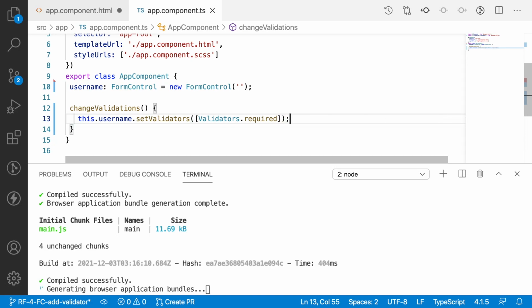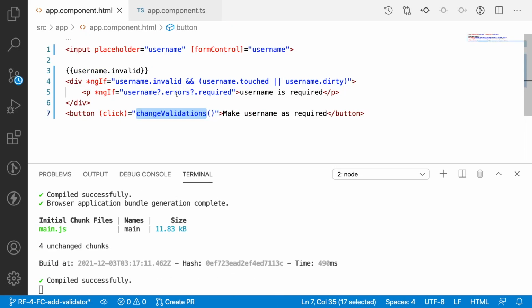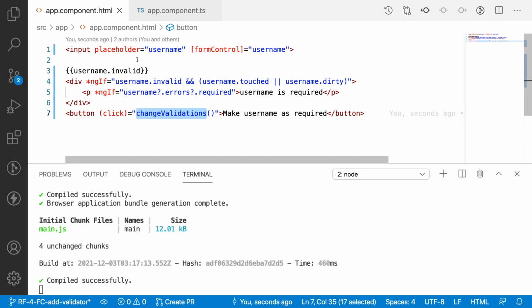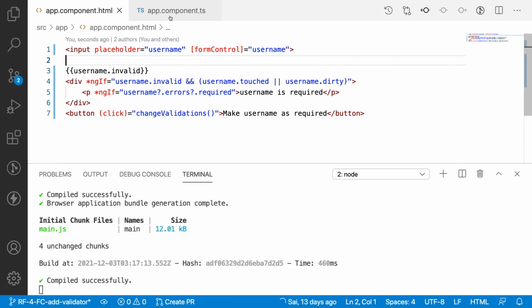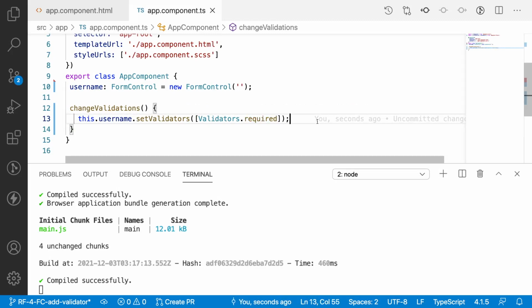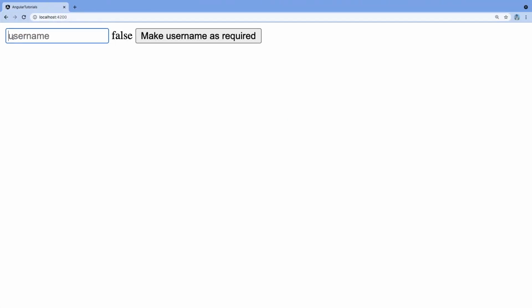Let me save this, and also save this. Now when I click, this particular field should have a required validation. Let me go back and click here, it is false, and make username as required. I'm clicking here. Now the required validation should be executed, but I'm still not getting any error. Why?